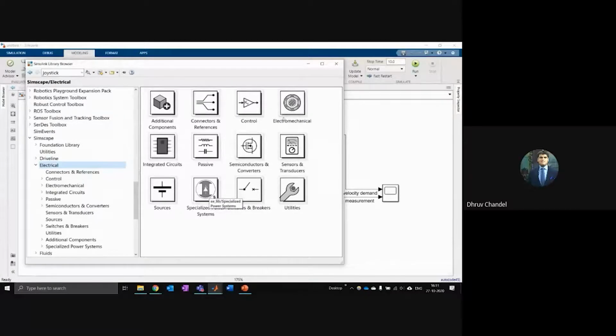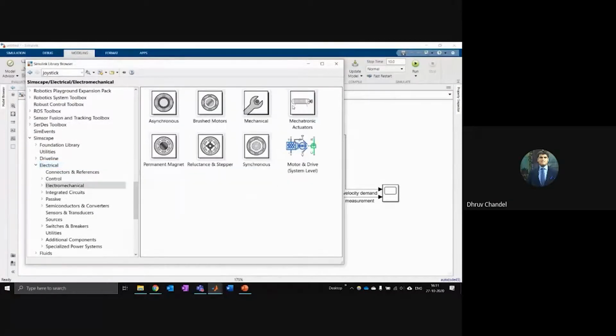So I believe it is inside Simscape Electrical, then electromechanical. We have asynchronous motors, brushed motors, permanent magnet, stepper motors, synchronous motors, etc. So all of these models are provided with MathWorks. This is really our specialty and what we do. So if you look in the documentation, you'll find it.